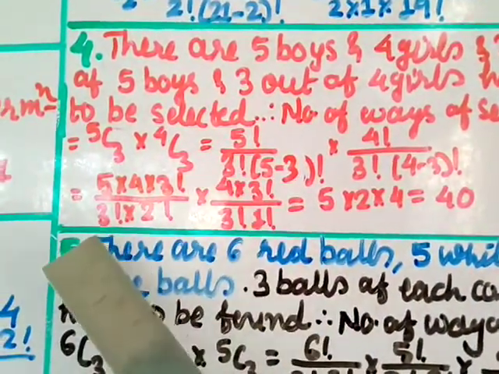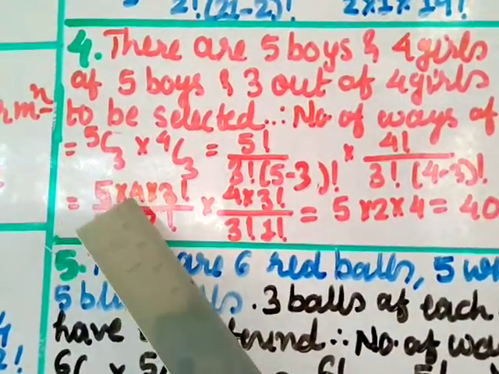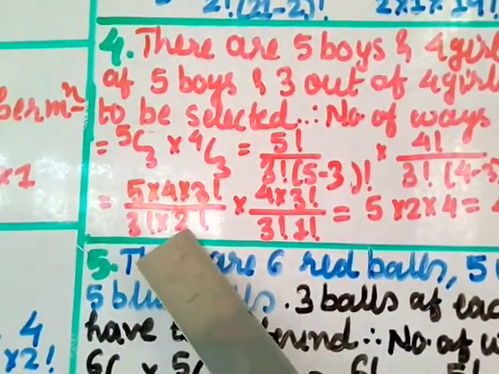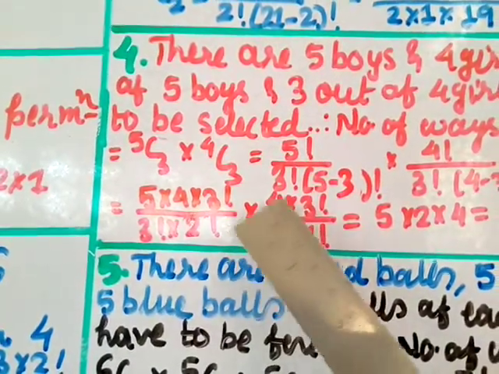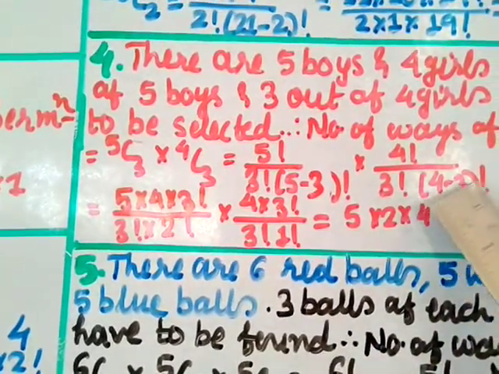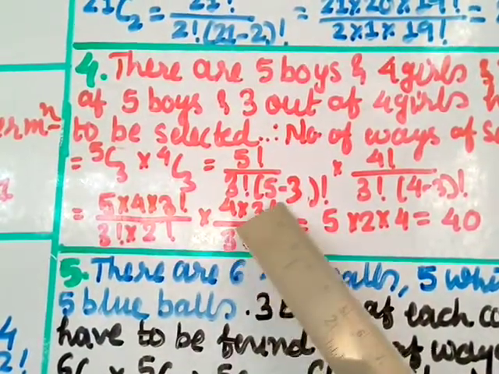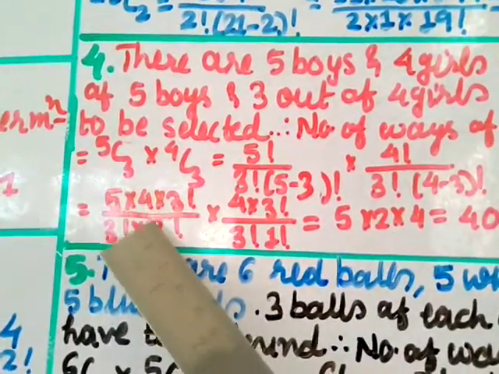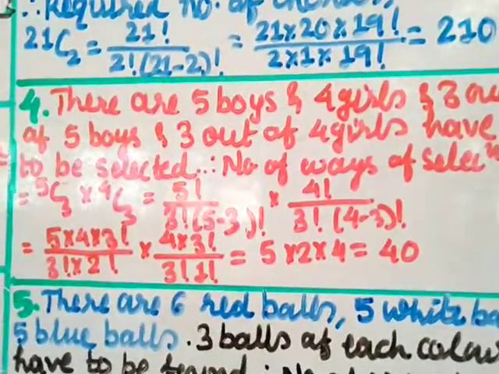Then here 3 factorial as it is, 5 minus 3 factorial is 2 factorial. 5 factorial can be written as 5 into 4 into 3 factorial. This 3 factorial you can cut. Okay, this 2 factorial is 2 into 1. So that 2 you can cut with this 4. So you get here 2. And into 4 factorial can be written as 4 into 3 factorial. 3 factorial as it is, and 4 minus 3 is 1 factorial, that is 1 value. Okay, so what you get here is when you cut it, this 3 cut. Okay, 2 into 4 you cut, so you get here 5 into 2. When you cut 4 by 2 you get here 2, so 5 into 2, and here remains 4, which gives you 40. So that is solution for question number 4.